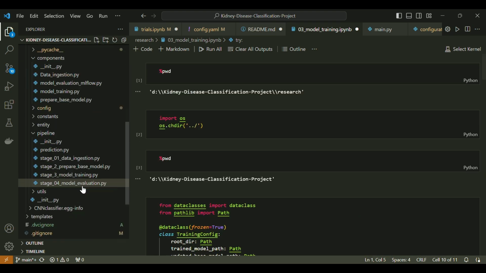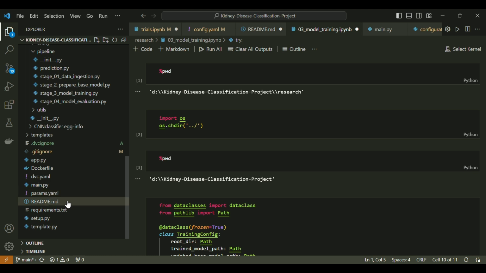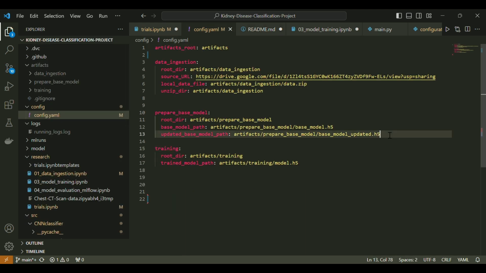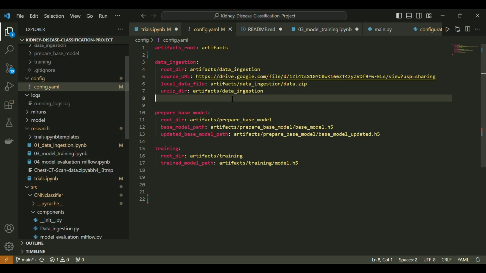Now I will go through it again. See, first we have to update the config.yaml. I hope it is already written. You can see it is already written, and this way I am updating this. Prepare this one. Now I am doing the training. I have prepared the model before. I have not explained this part, you can go through it. I am just going to repeat it for you. And next,